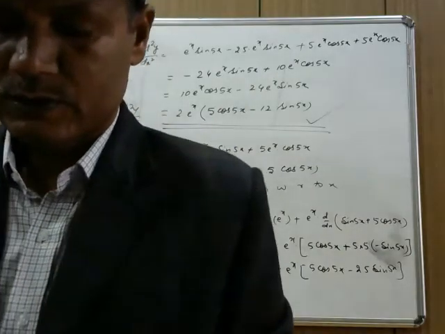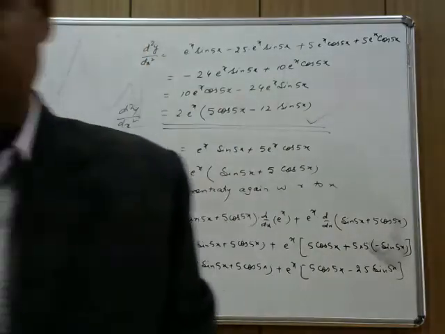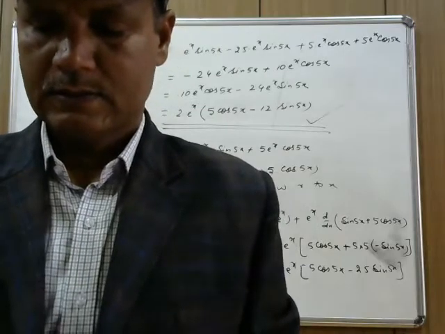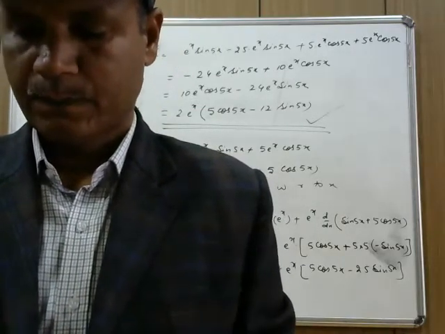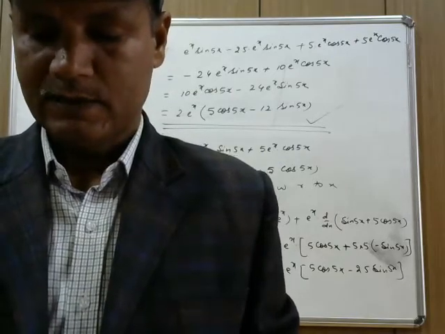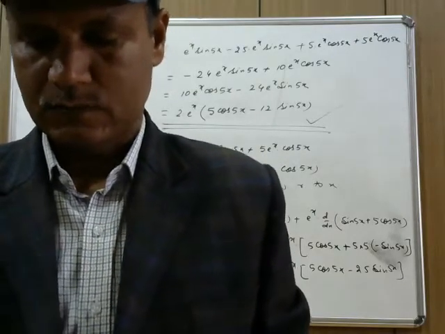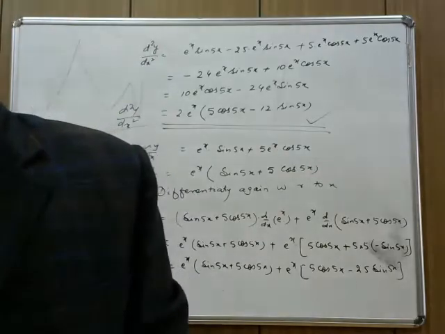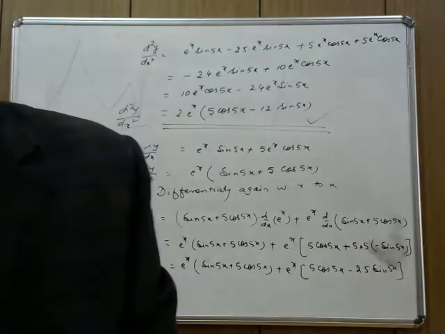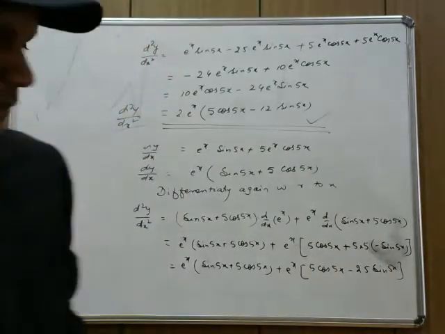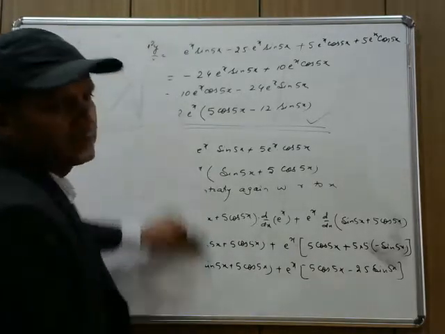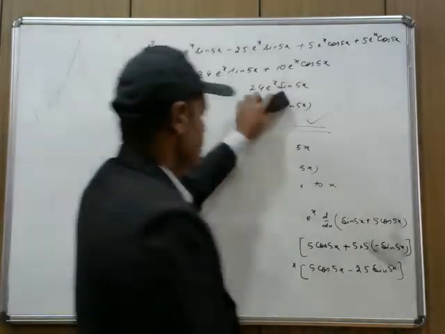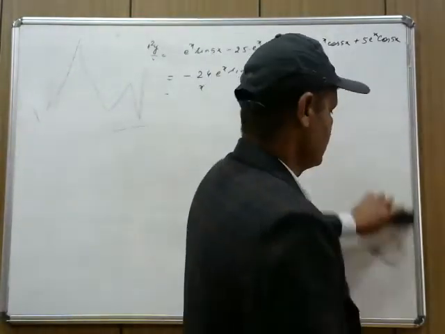Similarly, we will have the question e to the power 6x into cos 3x. Eighth question is tan inverse x. And ninth is log x. Okay, suppose now I will go for question number 8. y is equal to tan inverse x. Simple differentiation, but we are differentiating it 2 times, nothing else.